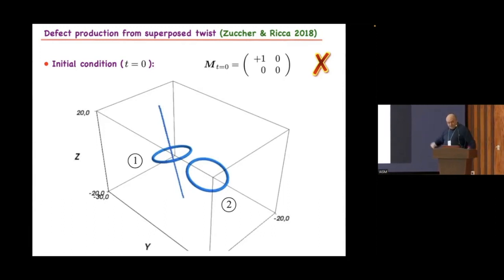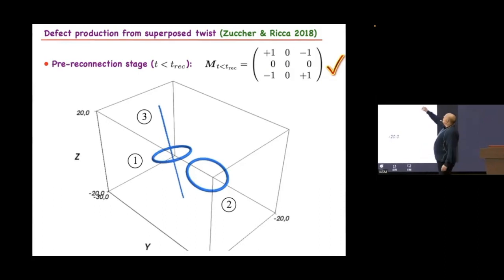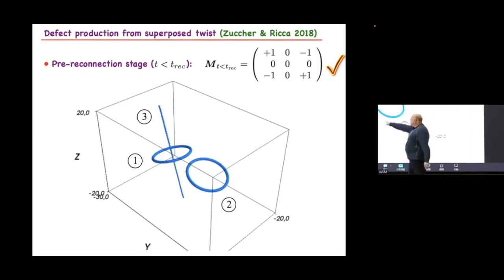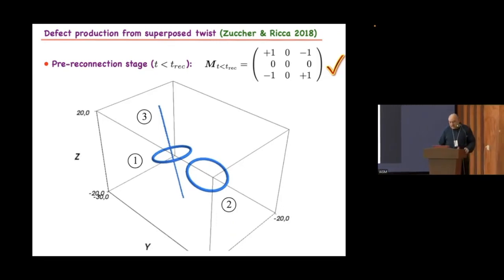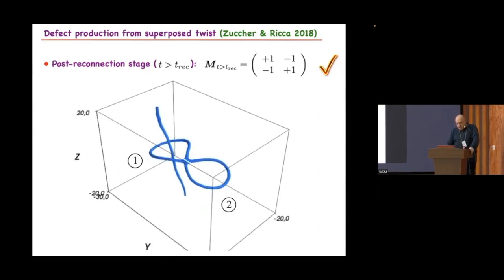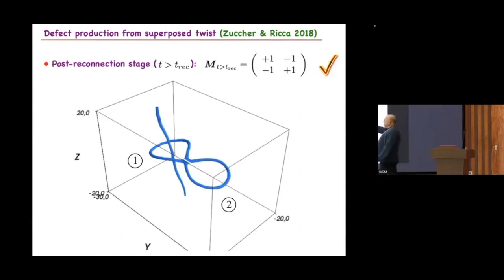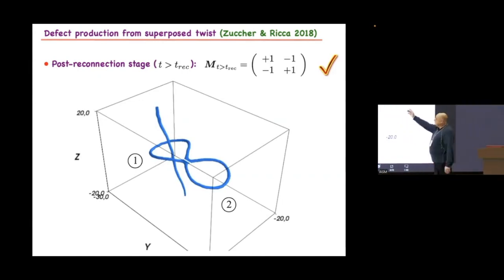Now, if a new defect is formed, now I go to the next slide, then what you get, you have three defects. And when you check your linking matrix, the new linking matrix with the three elements present is okay. So the new defect absorbs part of the twist present in the first ring. And then if you let it go, you can watch what happens. Of course, there is a reconnection. And then after the reconnection, I just cut it on purpose to show you just the instant, but of course it's a continuous movie.